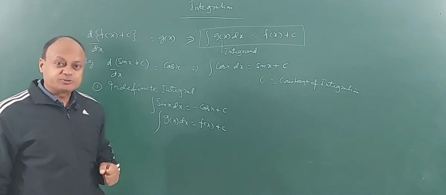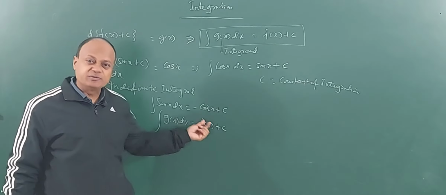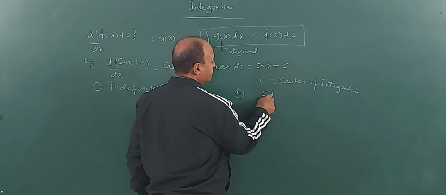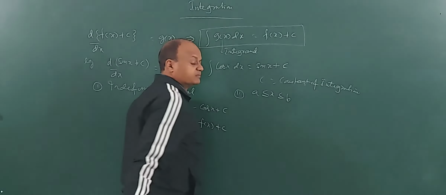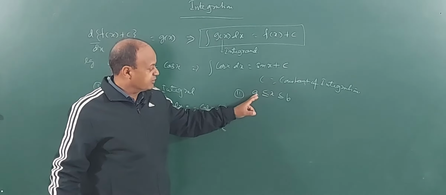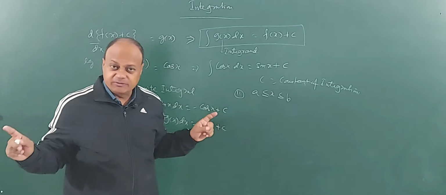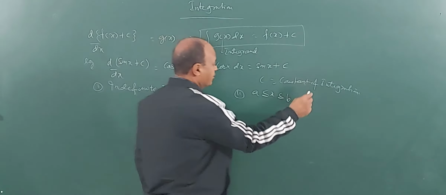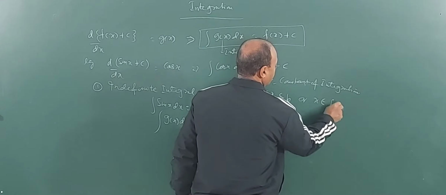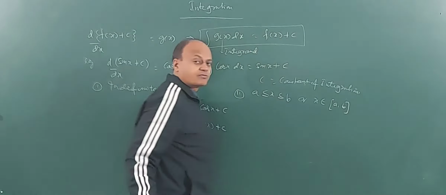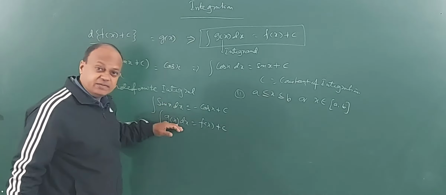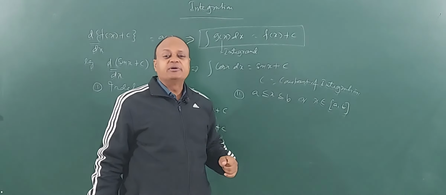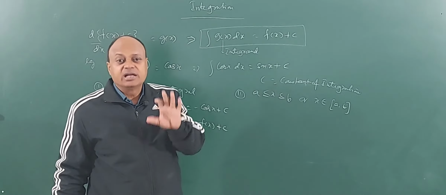However, suppose you specify that x can take only values between a to b. So, if I say x can take values between a to b, it is very important. X can take values between a to b, means I am not going to leave the value in terms of x, I have to leave the values in terms of a and b, or you can write x belongs to closed interval [a, b]. So, the moment, see here I have not set any limits for x, but the moment I specify the values of x, it becomes a definite integral. It becomes what? A definite integral.